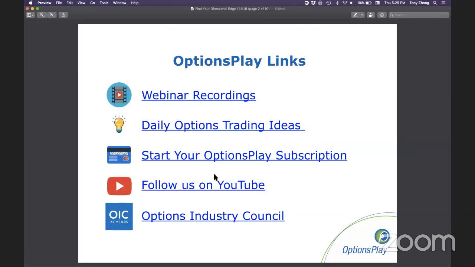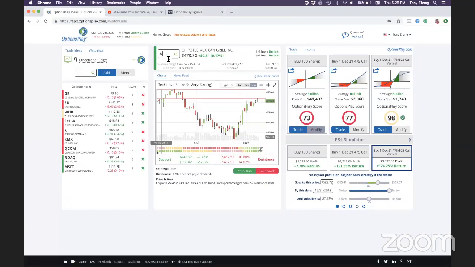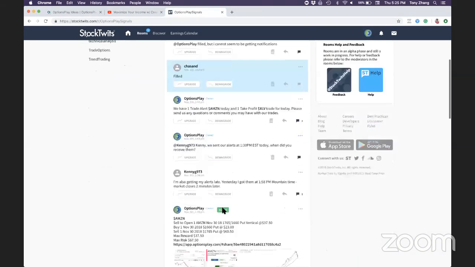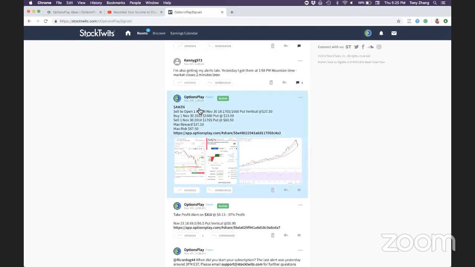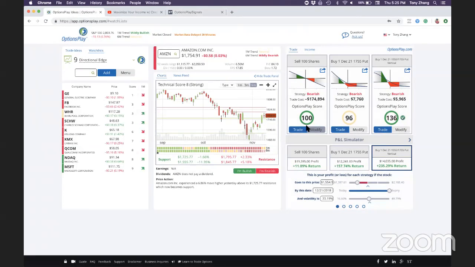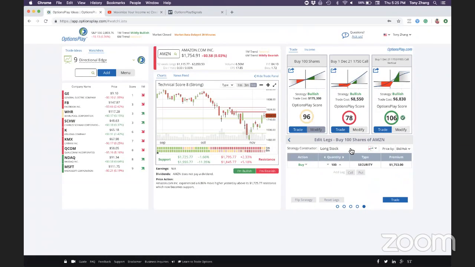Can you go over today's Amazon vertical? This is a bit off topic here, this is regarding the credit spread. Today we shorted a credit spread on Amazon. It was the 1765, 1660, November 30th. As you can see, Amazon recently bottomed out and started to turn a little higher. This was the opportunity that we saw. So what we did is we looked at shorting the